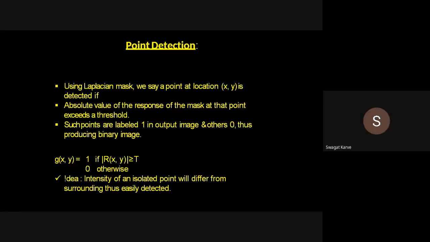Okay, fine. So the same thing we have discussed on the slide also. Right? So this is about the point detection part. Okay. So in case of point detection, a point will be an isolated point if its gray level is significantly different from its background and it is located in a homogeneous area. Homogeneous area means what? Area of constant intensity.